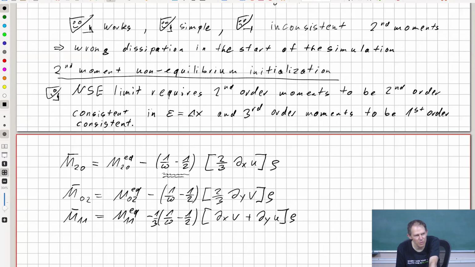So somebody asked me whether you can determine the derivatives from the moments. Yes, and if you want to set them, you also have to set in the beginning the particular